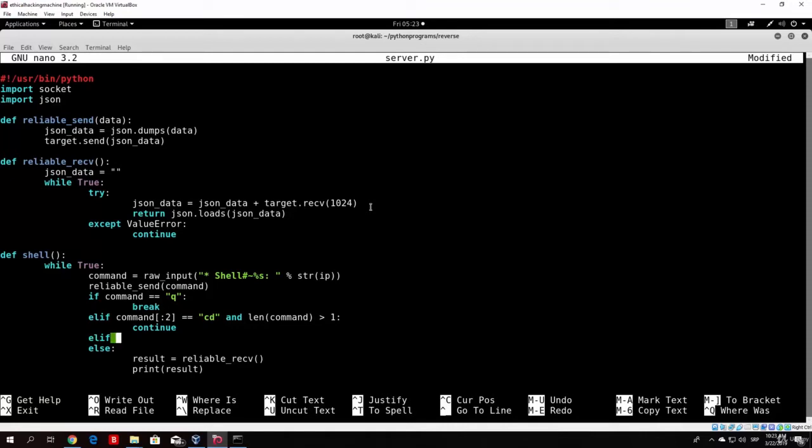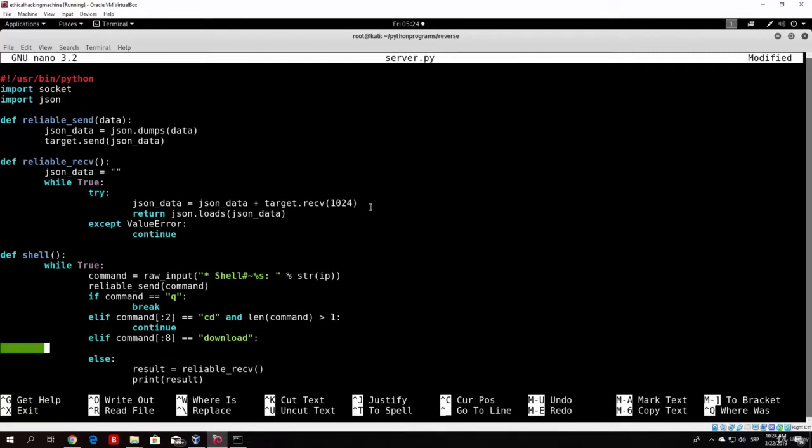So on our server side, we will just have to specify download, then an empty space, and then the path to the file we want to download, or the name of the file. So let's start off with the download. So else if command that we specify, and let's count the letters of download. It has 8 letters. So if the first 8 letters of the command equal download,